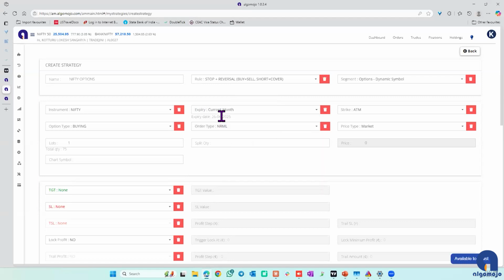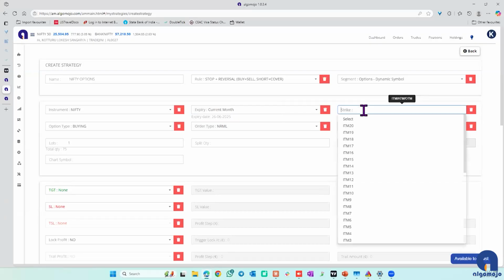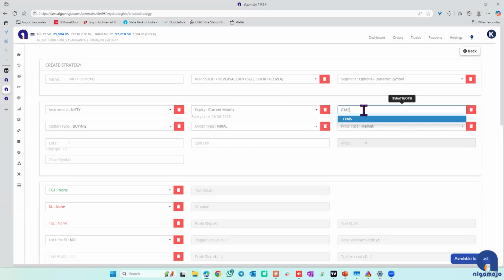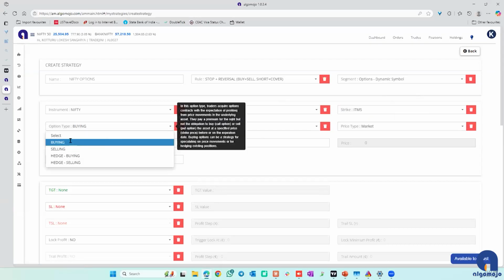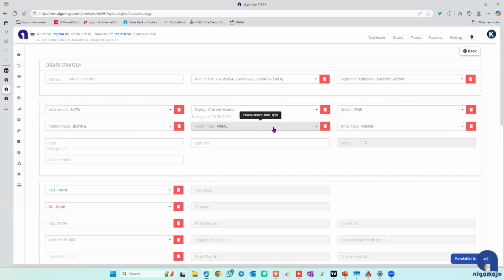If you say current month, it will show you the date of the contract expiry. Then you can say which is the strike you want to trade in. So if I say ITM 5, okay, I've selected ITM 5 and I want to buy and not sell. So I'll choose buying as option and positional trades, market rate, and here I'll say 50 lots. It'll tell me that it is 3,750. So these are some basic details that you need to